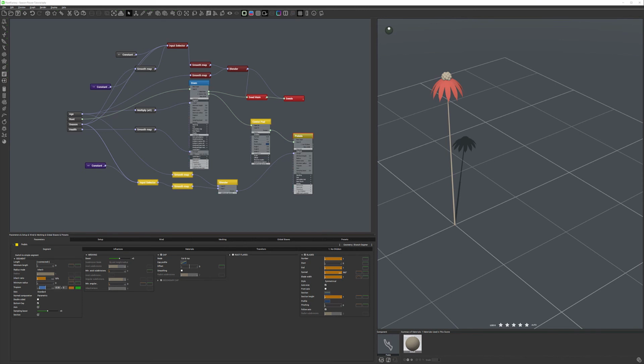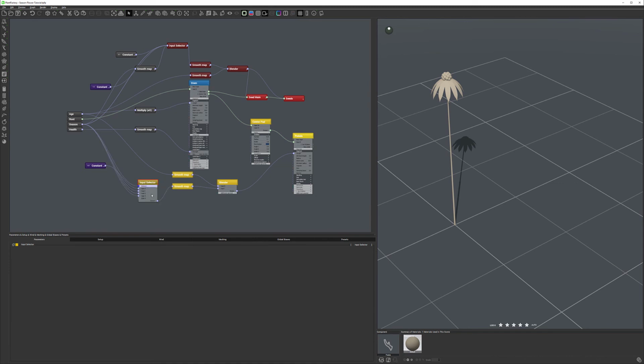To do this, we'll also modify and work on a smooth map, probably connecting to our blender. And we already have it right here, a nice input selector connected to our seasons as we want it. We don't really care about 0 because in the winter we don't see them, but we do care afterwards. So for this one, let's create a new smooth map because we need to remap it. We'll go to filters, then smooth map right here, and we're going to connect